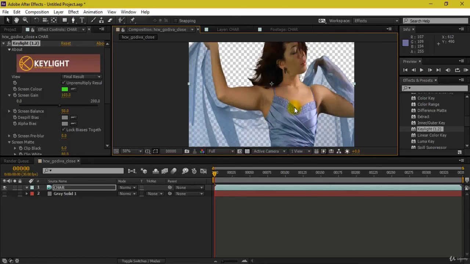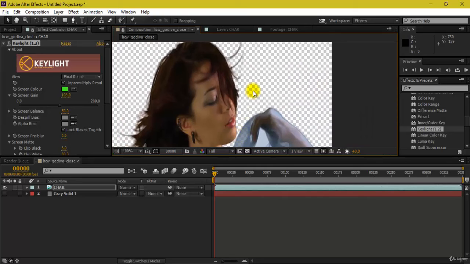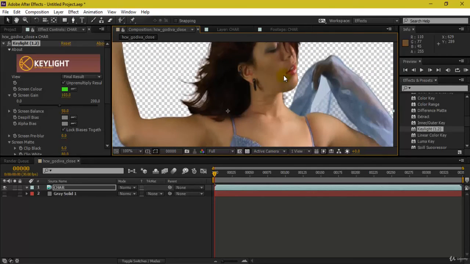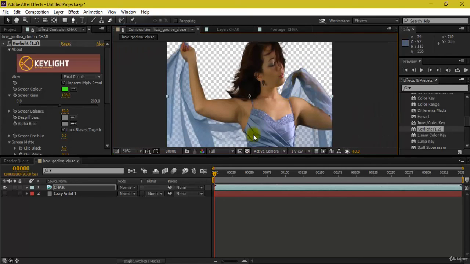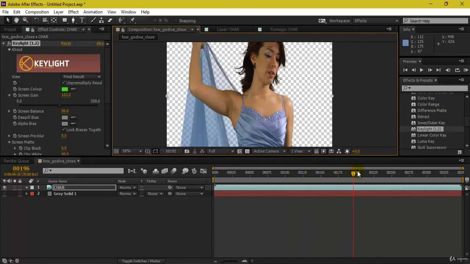So right now, the task we have done through Keylight, where we had refined our mat, is totally fine and is as per our desired results, and is an ideal calculation of how your mat should be. So we have generated the mat from here, and this is what we get through Keylight.